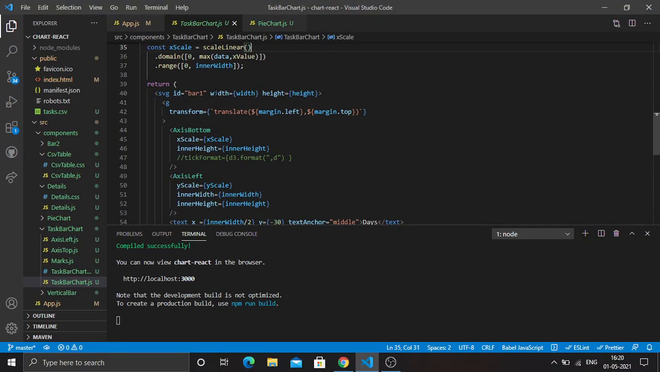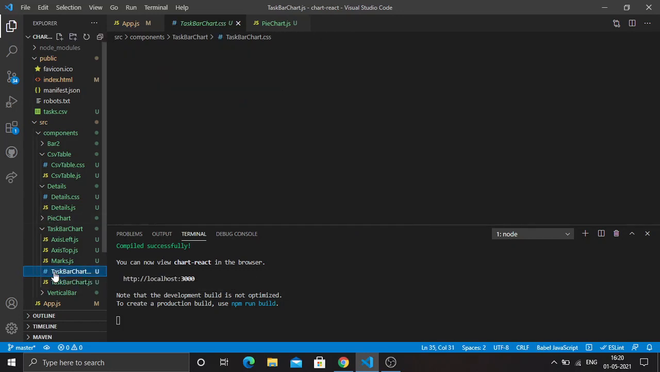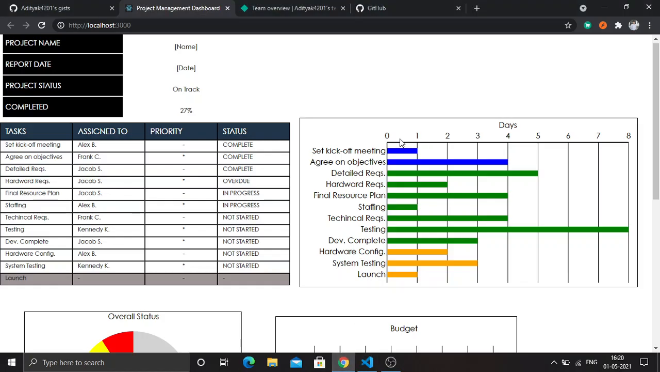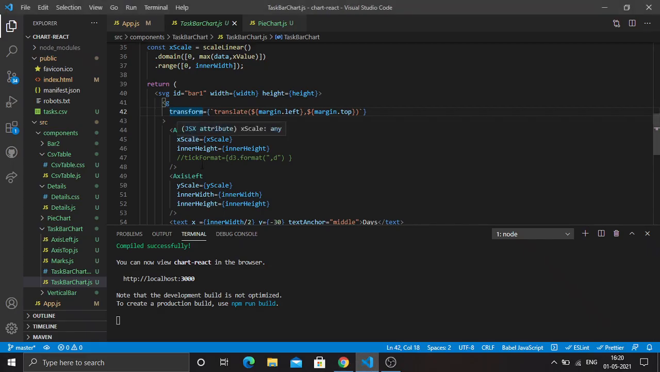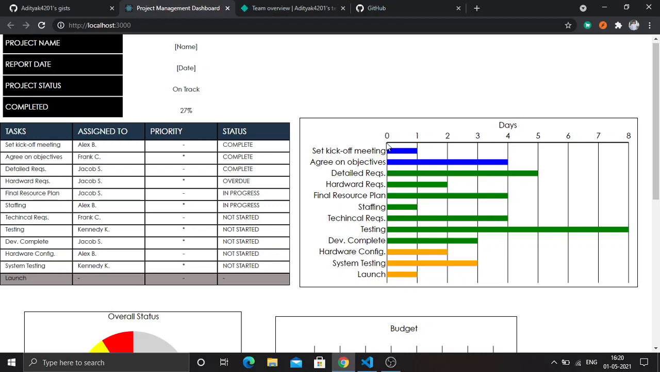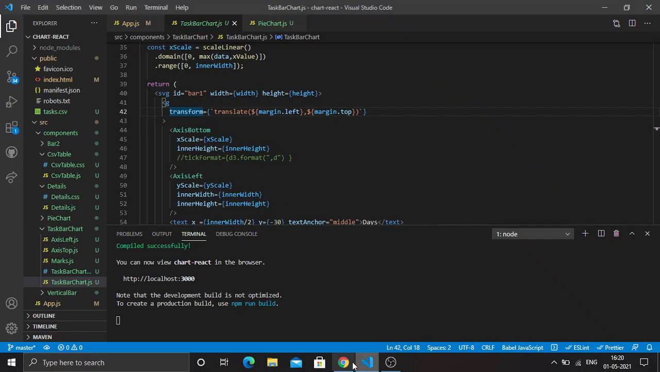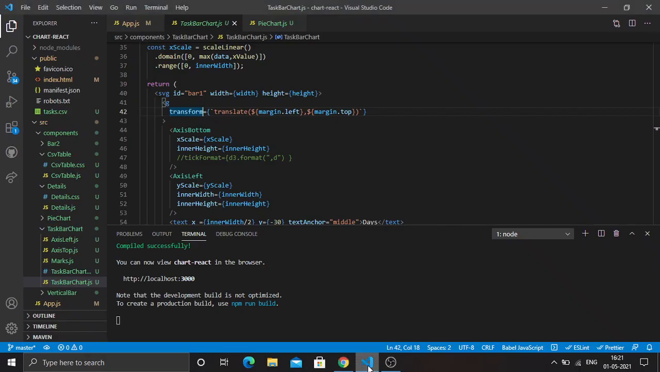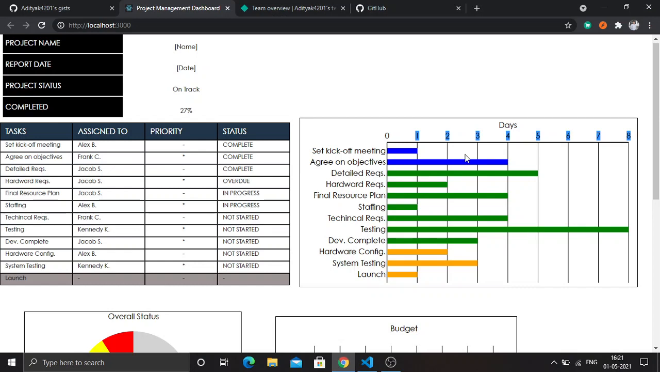Then I have given it id bar1 because I applied some CSS also here, so bar1. And then I have transformed it from margin left to margin top, so the transformation is from here. All the values are measured from this point. And then I have called axis bottom, which will create this horizontal axis. Axis left will create this axis,